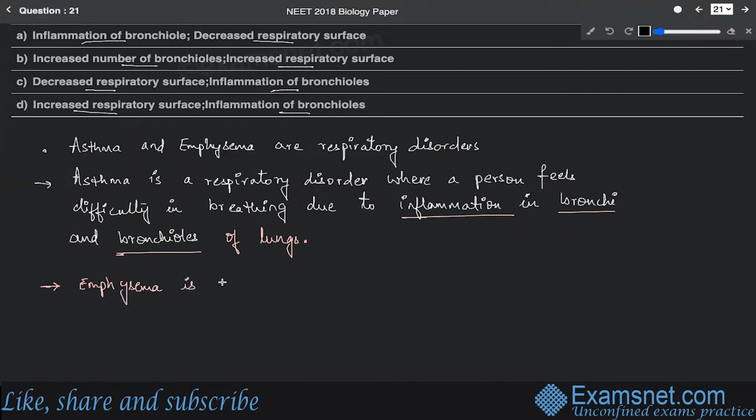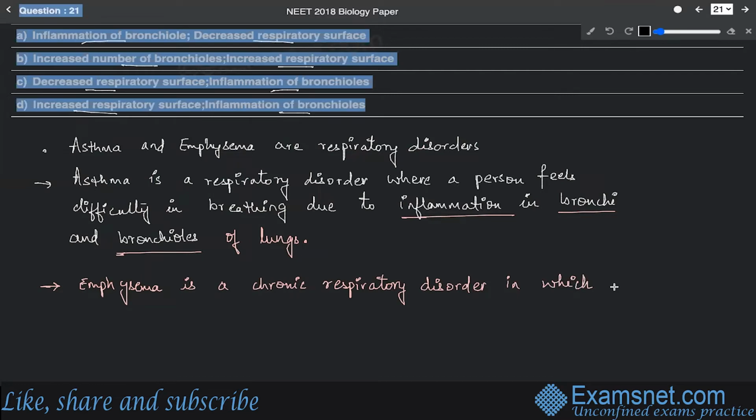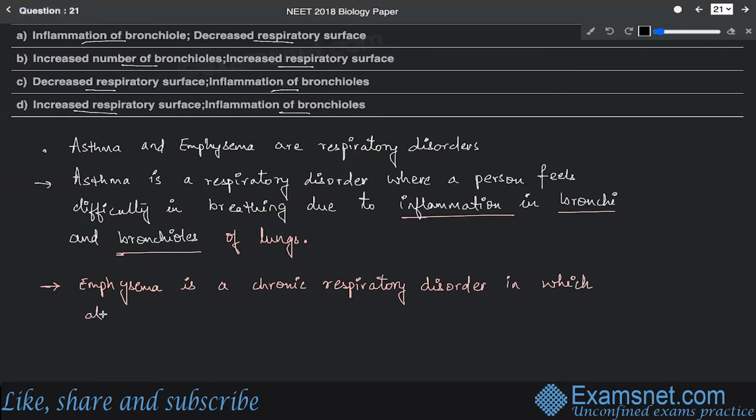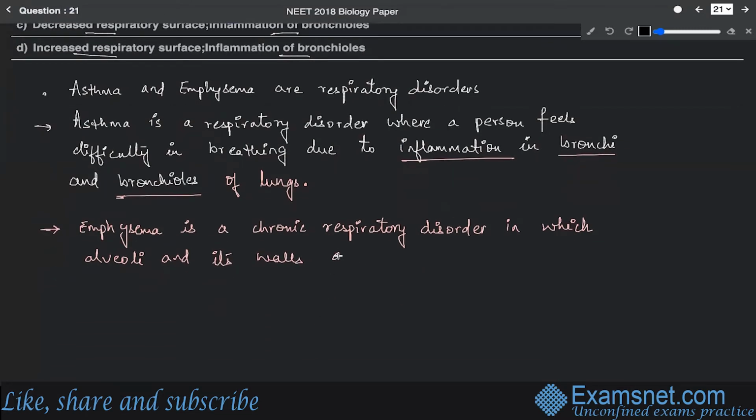Emphysema is a chronic respiratory disorder in which alveoli and its walls get damaged,